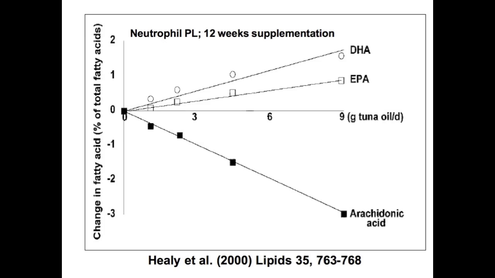Again, with a dose-response study design, showing this nice dose response of EPA and DHA. In other words, the amount that gets into the cells depends upon the amount that you're consuming. If you give people 1 gram per day, you get a certain increment. If you give them 2 grams a day, roughly speaking, you get twice that increment. If you give them 4 grams a day, you increase that increment another twice, so 4 times the normal. Okay? So there's a dose-response relationship. In other words, the more people eat, the more they end up within their cells.